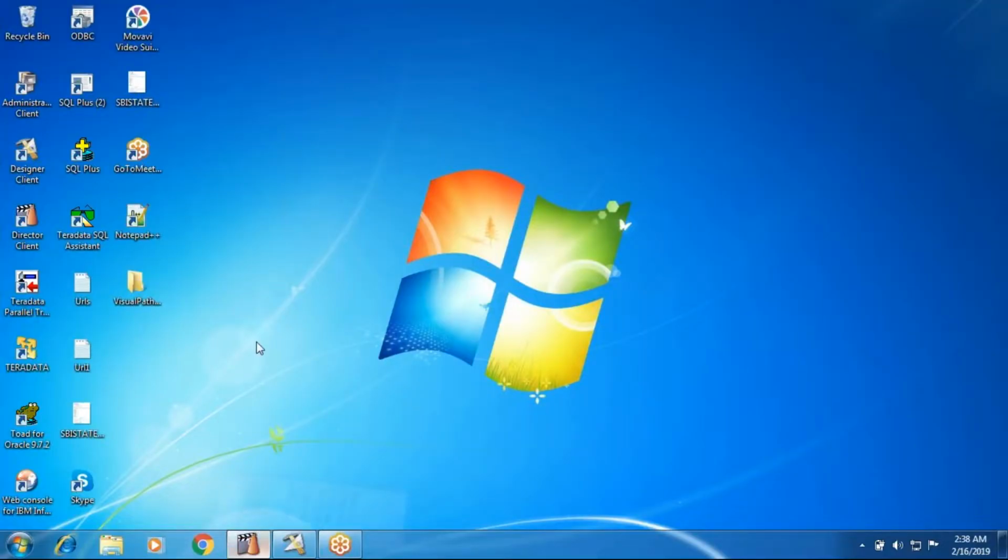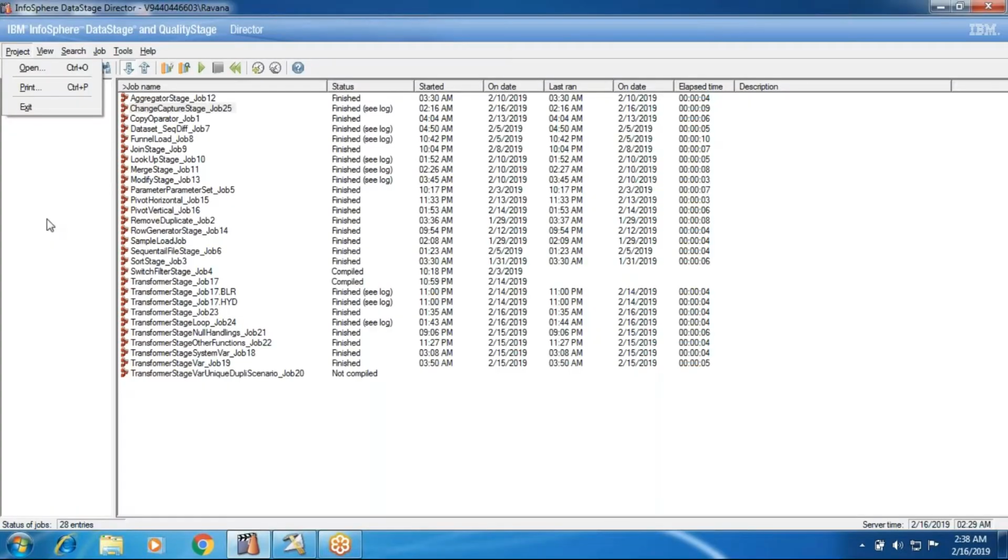In this session, we will discuss some general things, the Director and containers, which are theoretical. So this complete session will discuss some concepts of DataStage theoretically. So coming to the Director,